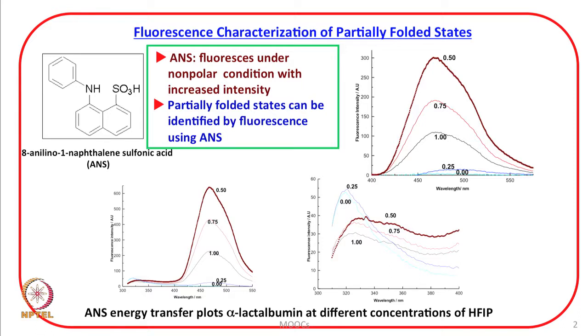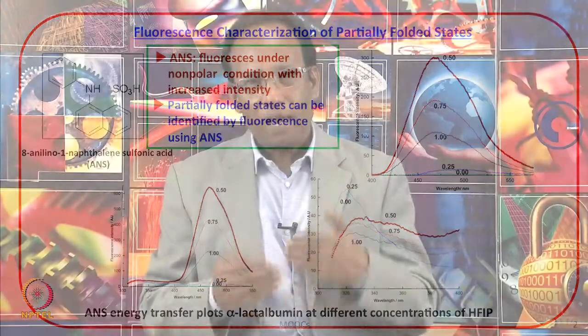The key in its interaction was that the ANS fluoresces under non-polar conditions with increased intensity, and this intensity increase is happening because of its binding under the non-polar environment. Now, when it comes to the binding,